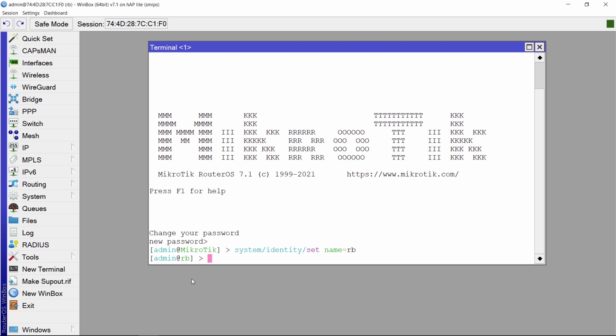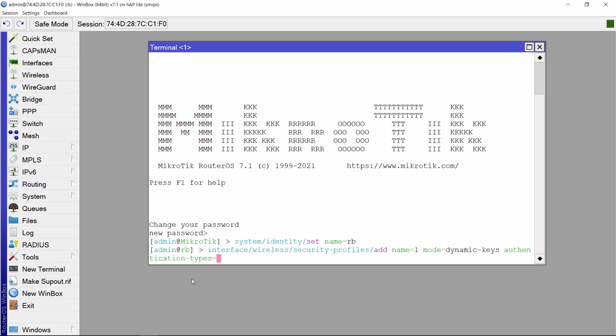Next, add a security profile to the wireless interface with the command interface wireless security profile add name. For name is free, I will name 1. And mode dynamic keys. Authentication type using WPA PSK and WPA2 PSK. Next, unicast ciphers is AES CCM and TKIP. Next, group ciphers is AES CCM and TKIP.